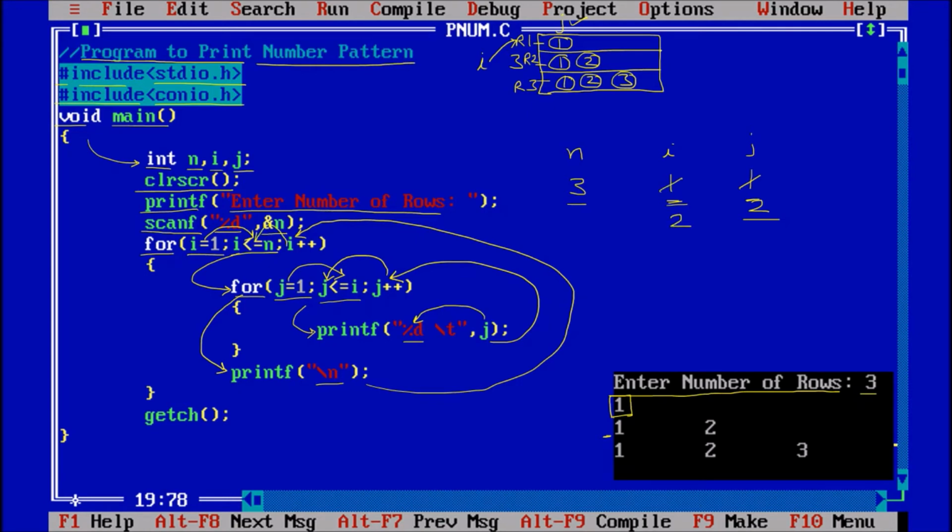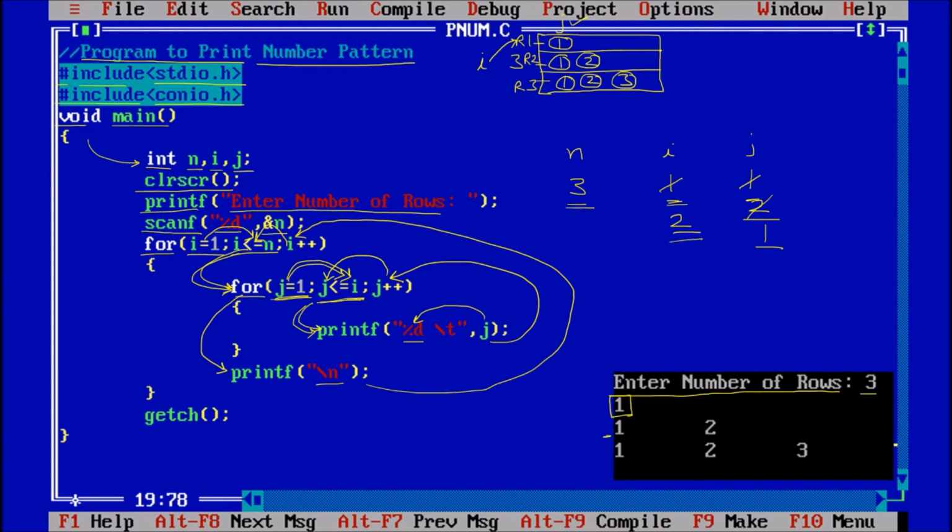Checking the condition, i less than equal to n, 2 less than equal to 3, true. Again coming down, j equal to 1, j will again start from 1, because we have to start from the very first number. Again dependent on i, j less than equal to i. 1 less than equal to 2, true.